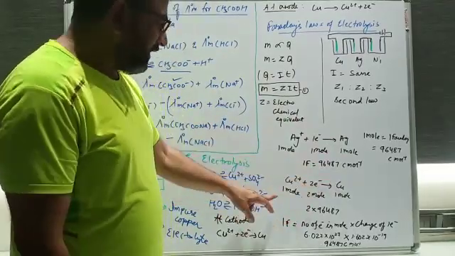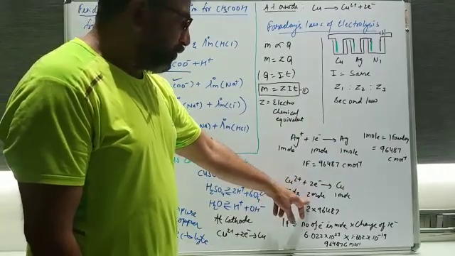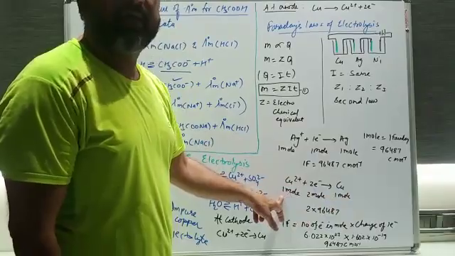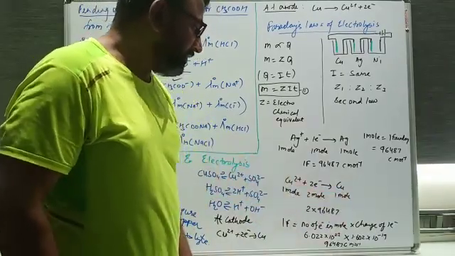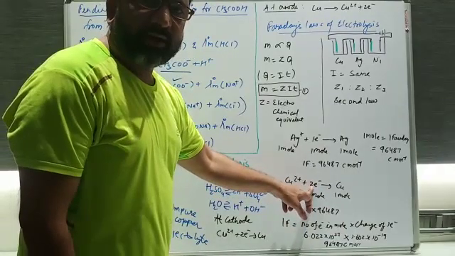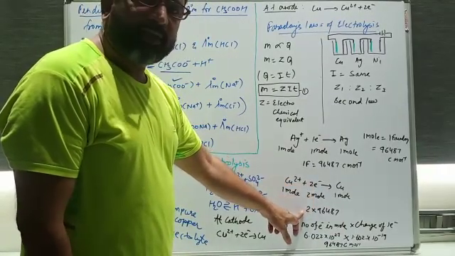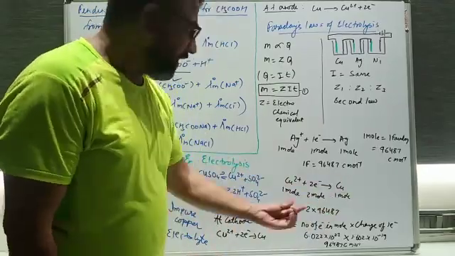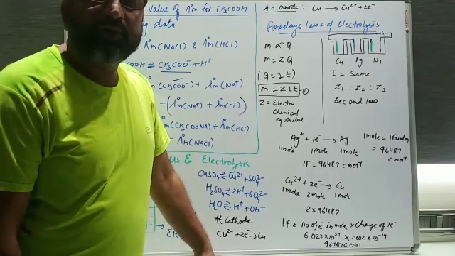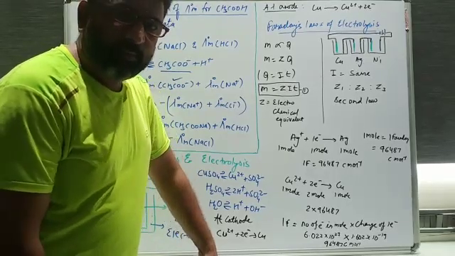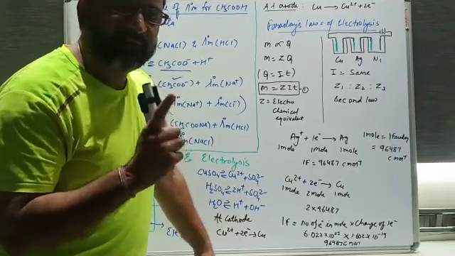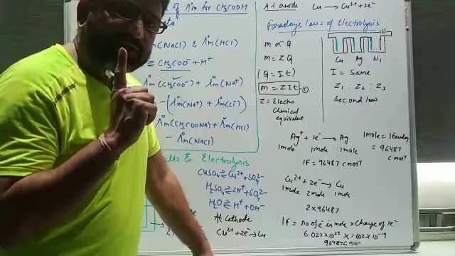Fine. So here I have 1 mole of copper ion, 2 moles of electrons and 1 mole of copper. That means 2 moles of electrons will be gained by 1 mole of copper ion and converted into copper. So we need to multiply the Faraday's constant by 2, because 2 is the stoichiometric number. If it had been 3, then we would multiply it by 3. Then how did this value 96487 come? 1 Faraday is equal to the number of electrons present in 1 mole multiplied by the charge on 1 electron.